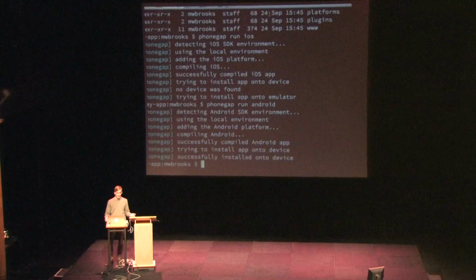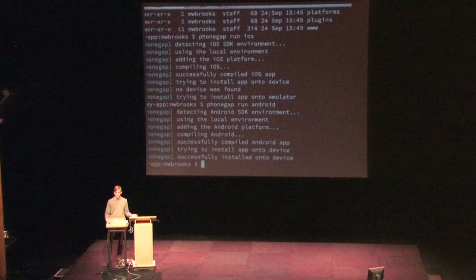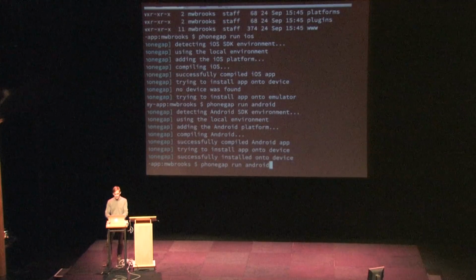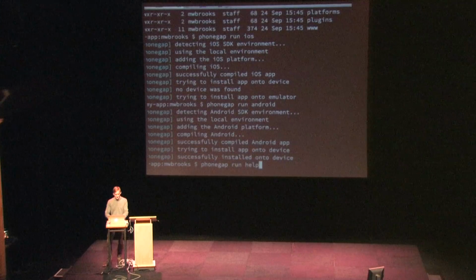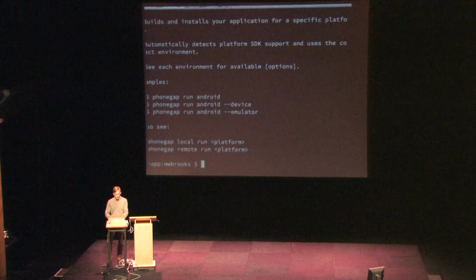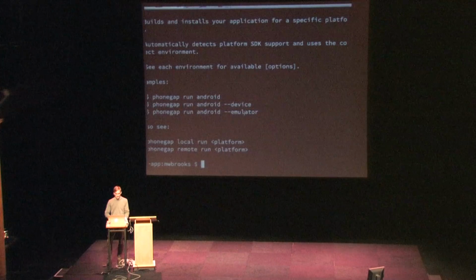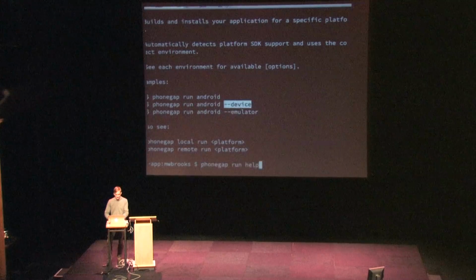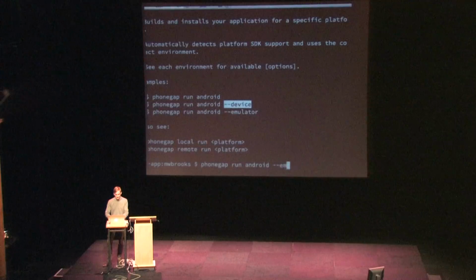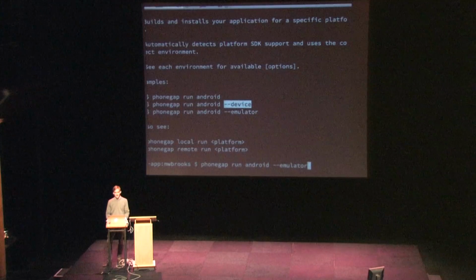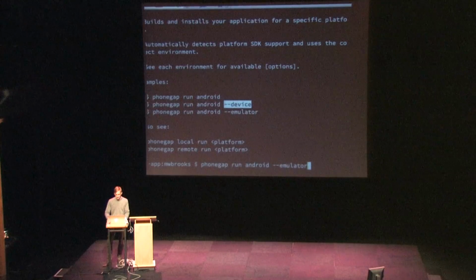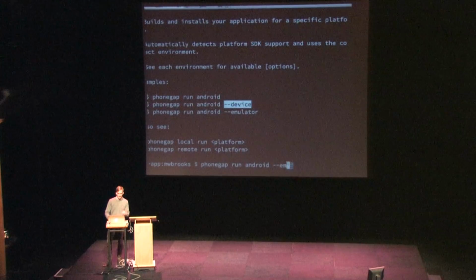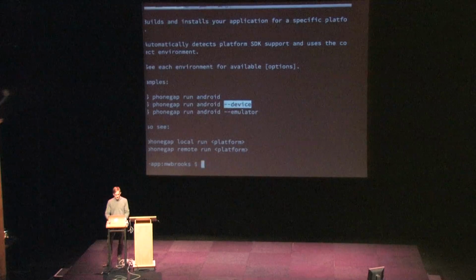Now, if I had my Android device plugged into my computer, but for some reason I wanted to install it to the simulator, you can always type phonegap run help. And you can see that you can target the emulator or the device. So likewise, I could have added emulator. I think I actually alias simulator as well, if you use that word. And it'll install it just to that device, or it would fail if you happen to not actually have a simulator